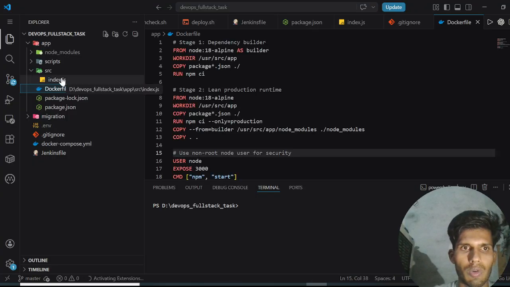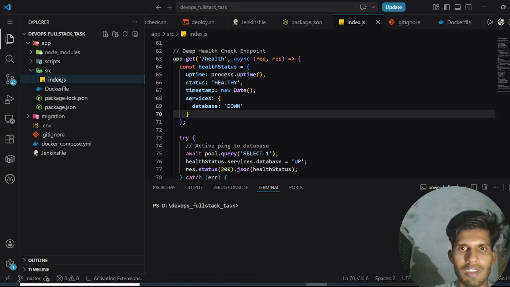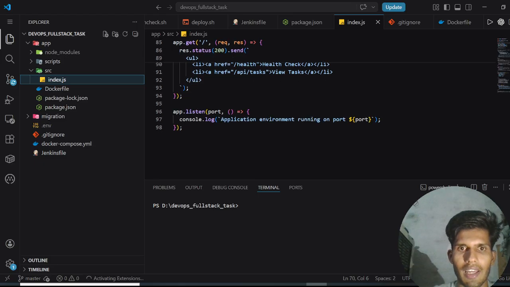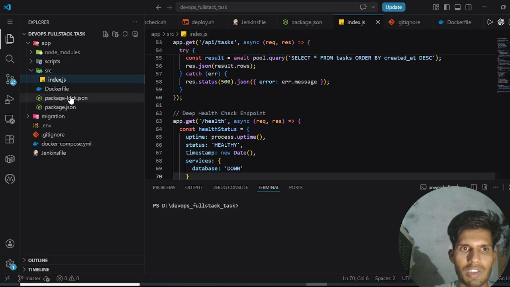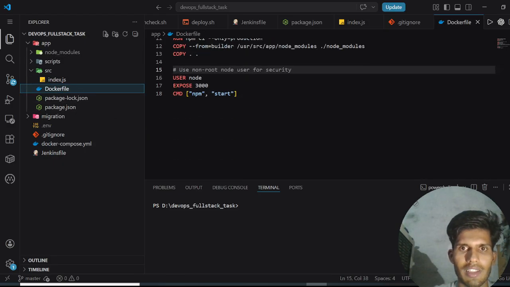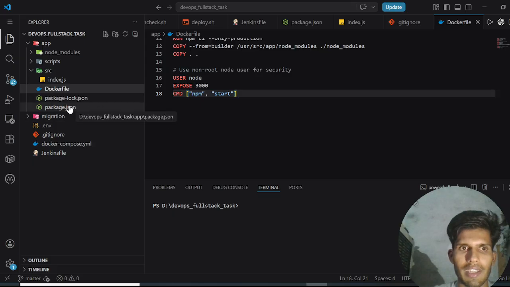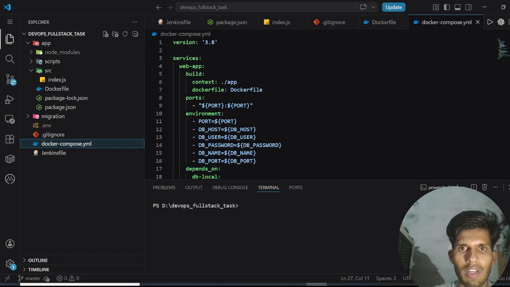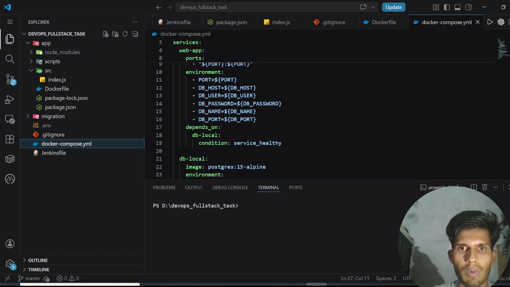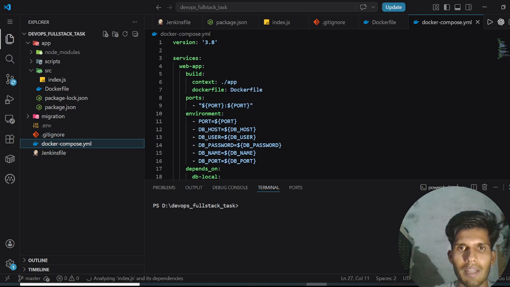First of all, I want to explain the index.js. This is the basic application code, and the basic APIs are mentioned here. Okay, so this is our application's Dockerfile. This Dockerfile creates the Docker image, and after that we create docker-compose.yaml, and in this docker-compose.yaml we use Postgres 15 for the database service, and